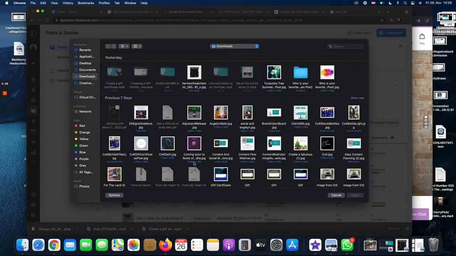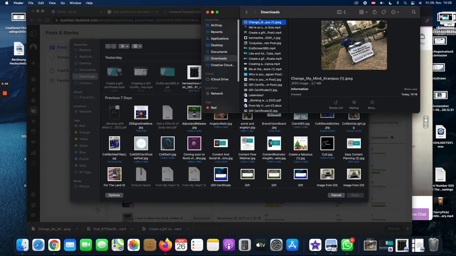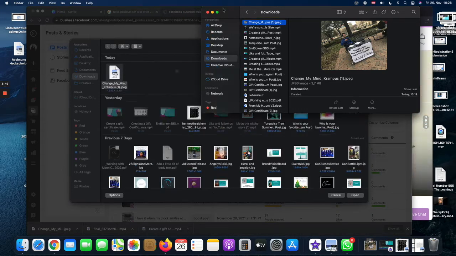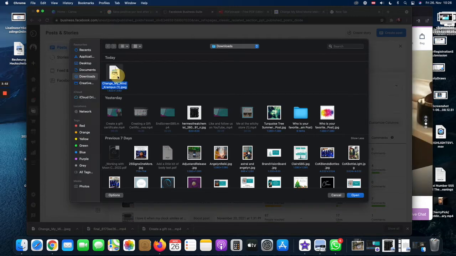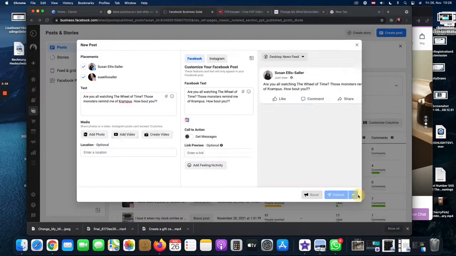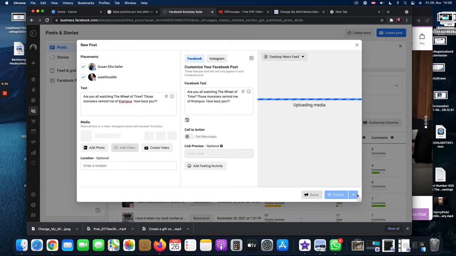When you hit that button, it's going to take you to wherever you have it saved, and my computer doesn't like to update as much as I want it to. So I'm going to go ahead and click that. This is going to be the image that goes along with that. And you can